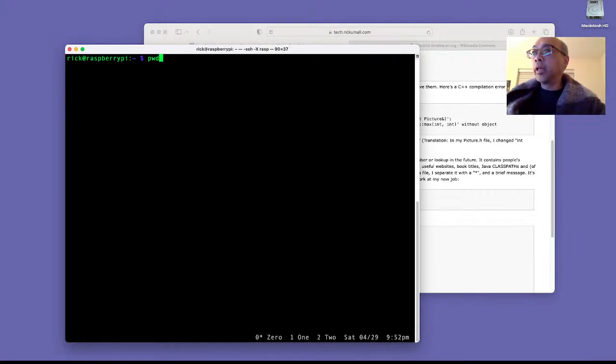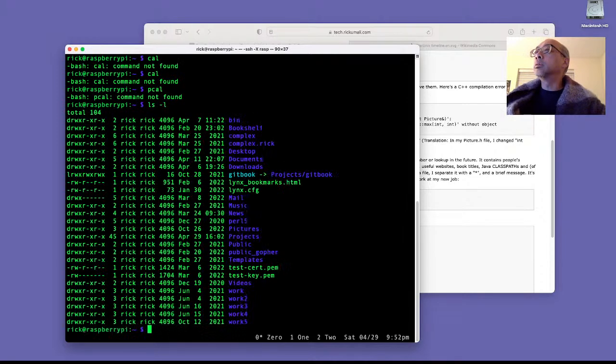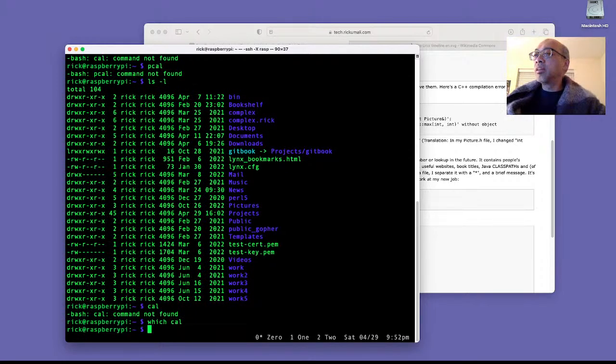I'm in pcal. Did not expect that to give me that. I thought for sure the calendar was in here. Wasn't it in the other one? Let me just quickly check, which cal here?